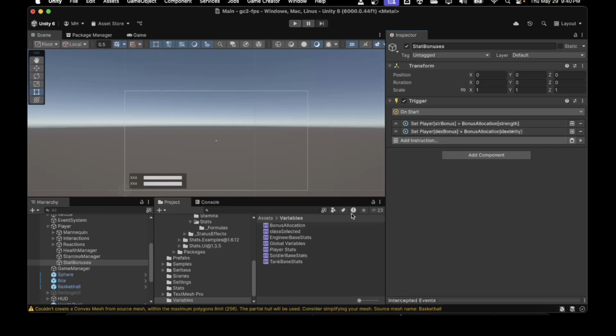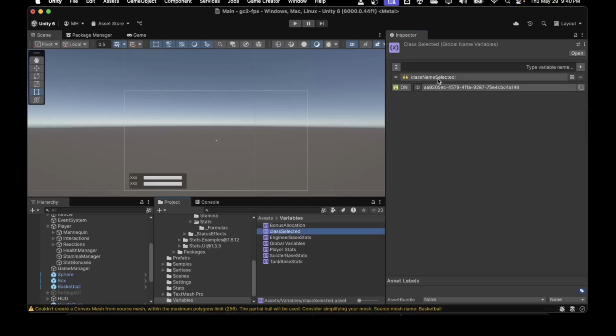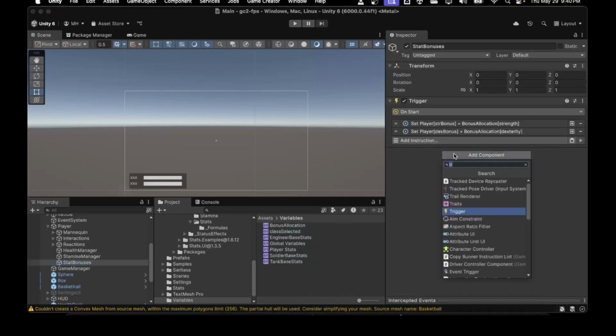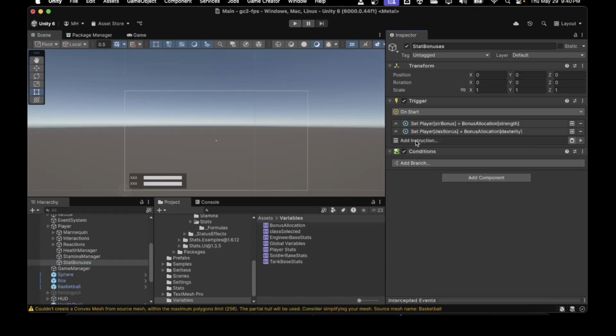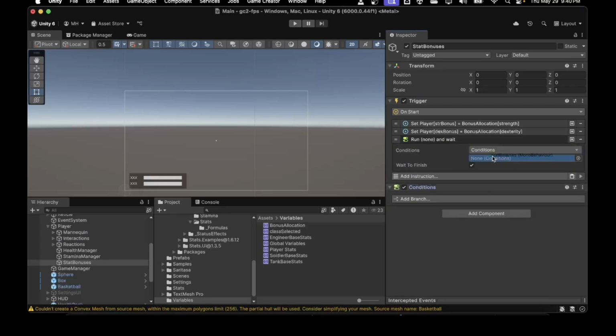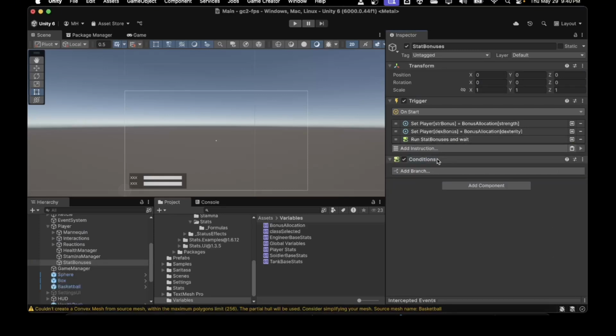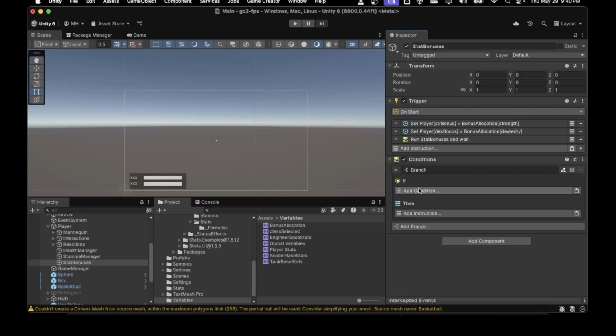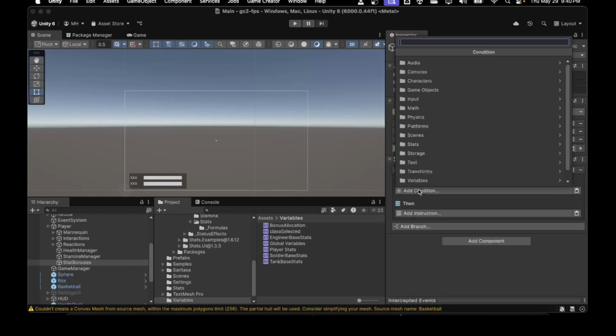And then the other ones, we need the base stats. So we want to set them based on what class was selected. So the class name selected will be available there. So we'll just do a conditions. So we'll do a conditions, and then, but we want to just make sure we run that. So we'll run this conditions. And in the conditions, we're going to do a